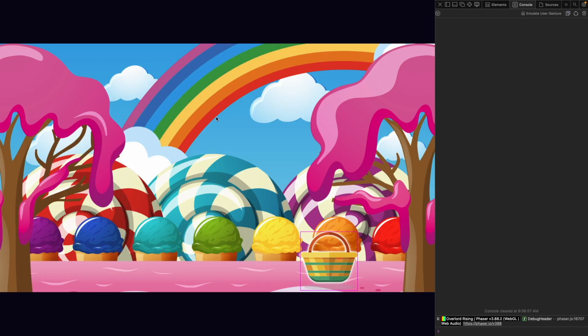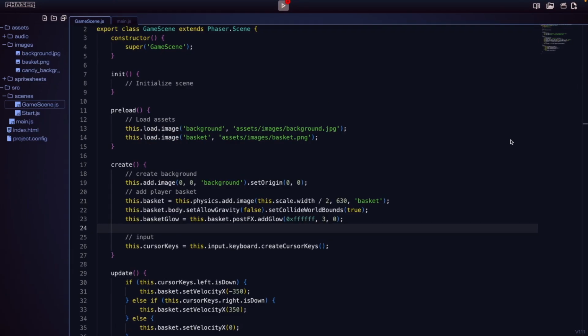Now for the fun part, dropping candy from the sky. We'll create a physics group to hold our candy objects and use a repeating timed event to spawn new candies at random horizontal positions every second. Each candy will fall thanks to gravity, no animation is needed. To start spawning in our candies, first we need to load in our assets that are tied to our candy